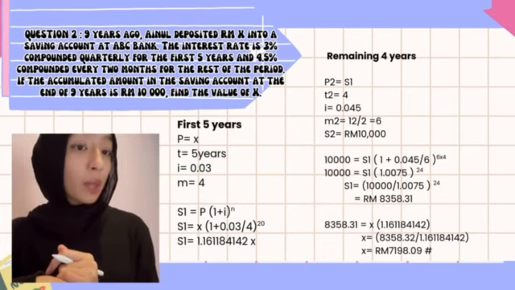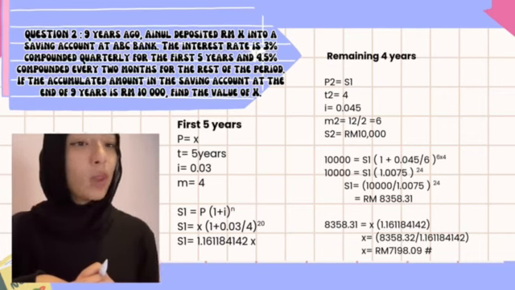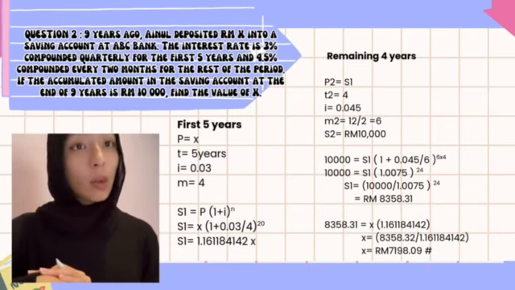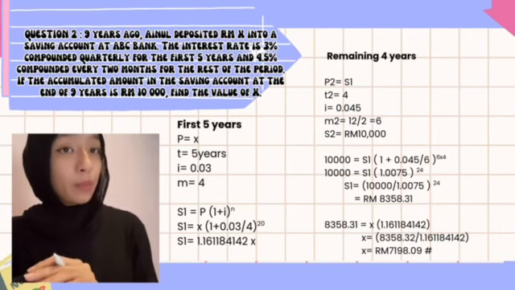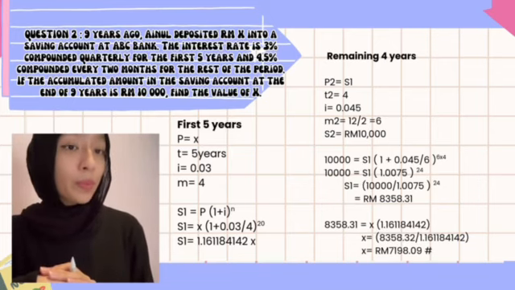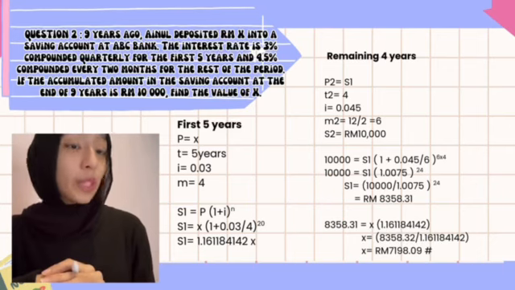n means the number of compounding periods. 1 plus i means the money grows by the interest rate each period. Raised to the power of n means we repeat that growth for n periods. Since the interest rate is 3% per year and is compounded quarterly, the interest is divided into 4 periods each year. So the interest rate for each period is the annual rate divided by 4. The number of periods is 5 years multiplied by 4 periods per year.